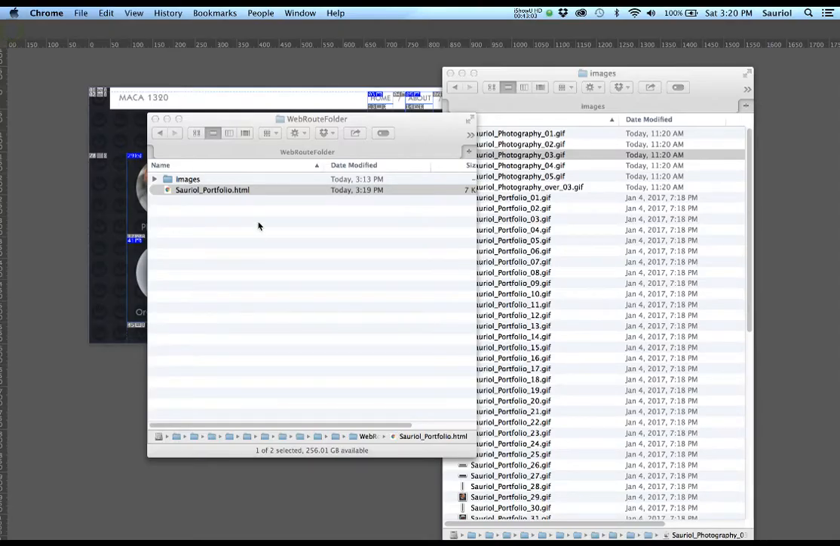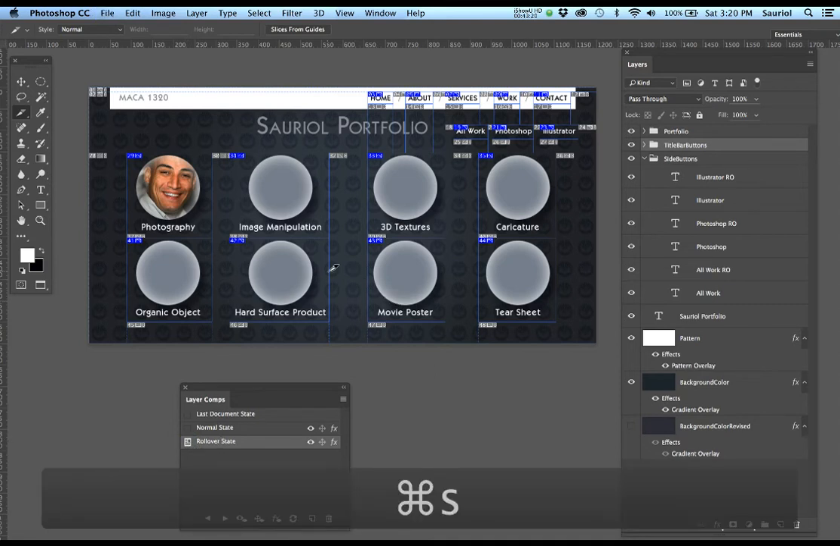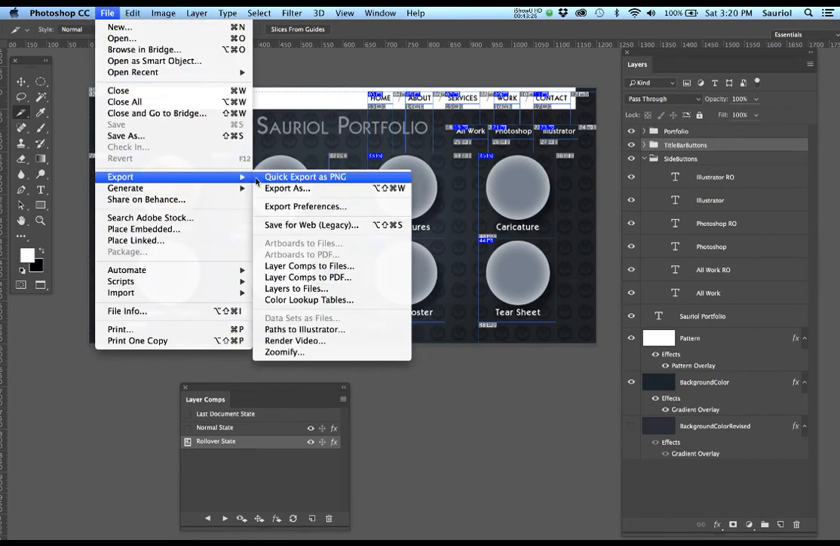So let me close this. Let's go back to here. Now let's do the slices for the rollover state. Okay, so we're done for the normal state. So we click in the Layer Comps window to the rollover state. We save the file as normal. We go to, I don't need to go all the way here, but let's go to Export under File, Save